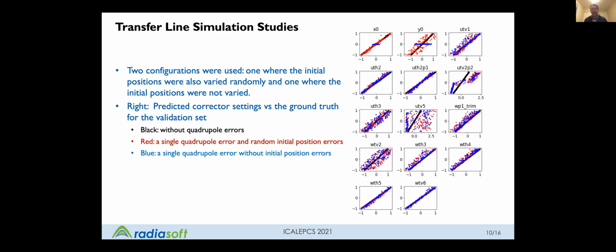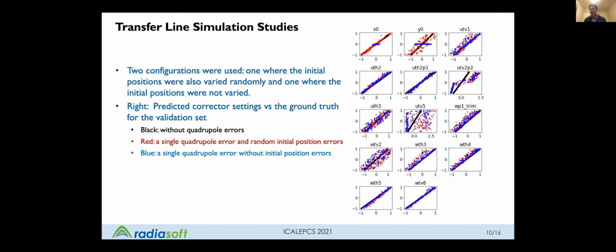So the black is the baseline model trained without any quadrupole errors. The red is with a single quadrupole error, but with random initial position errors as well. And then the blue is with a single quadrupole error without random initial position errors. So you can see there's a very clear